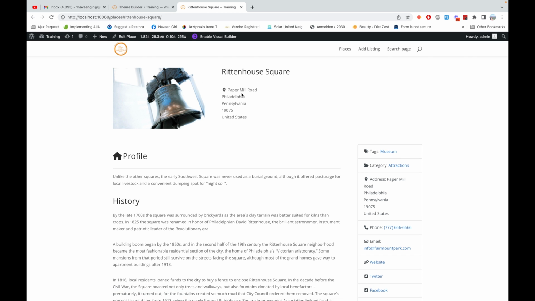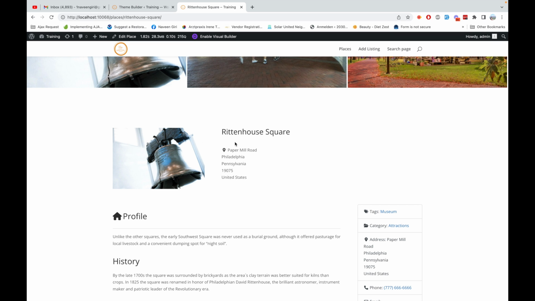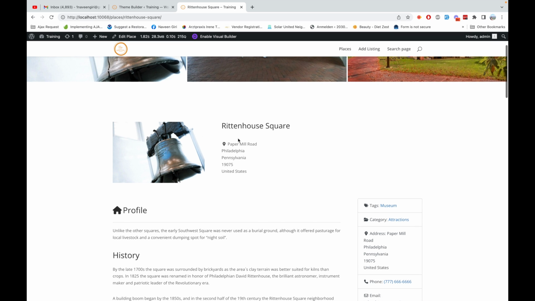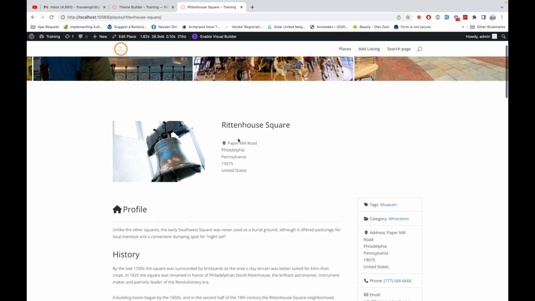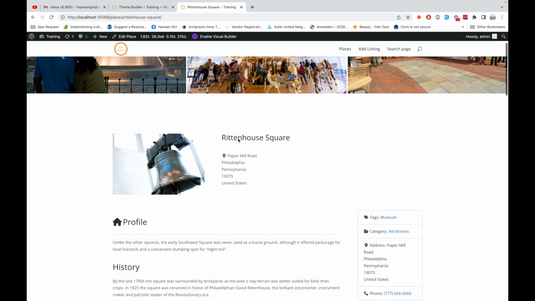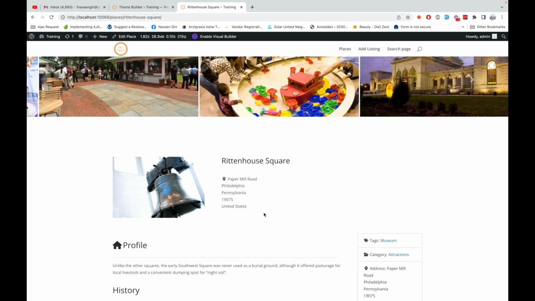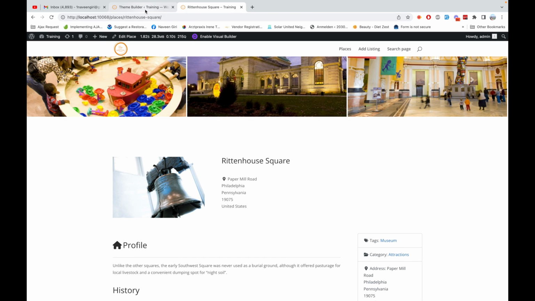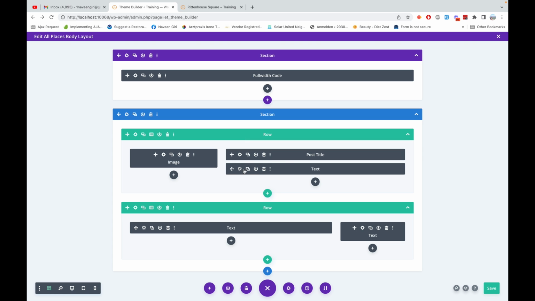There you go. You can see now it looks much better. So we have the image on the left and title and address on the right. You can add a few more badges here if you want, like you have the featured badge and all. So for that,